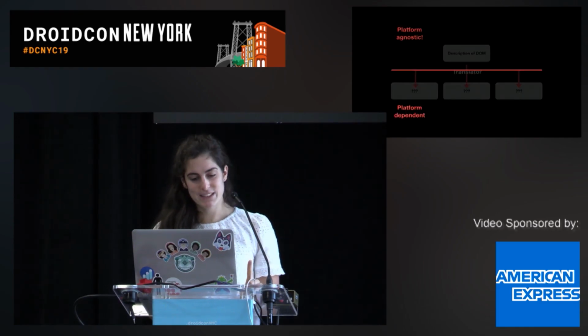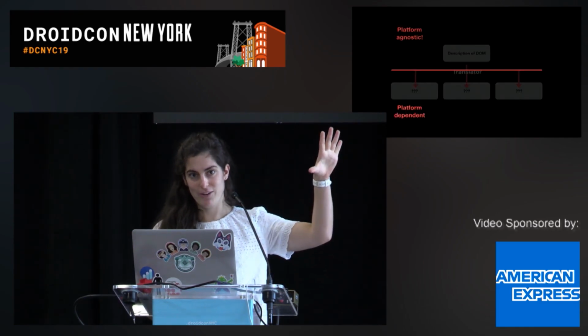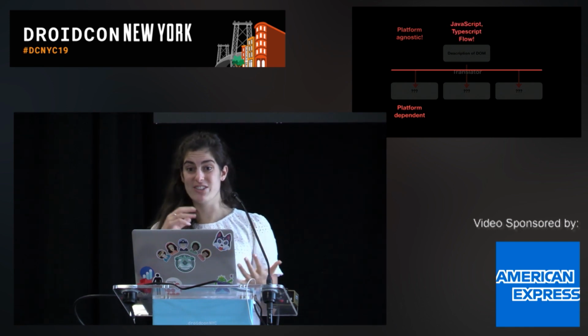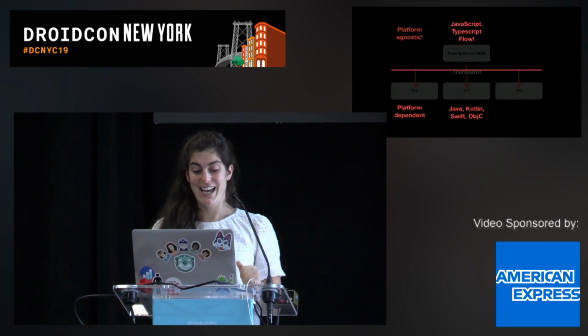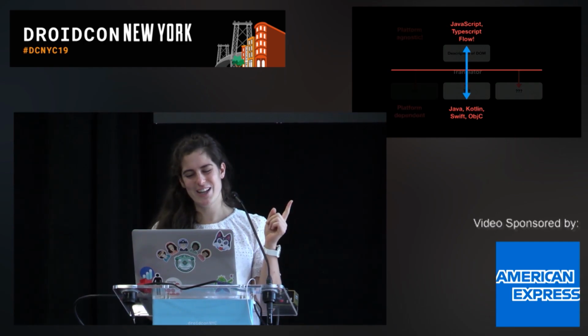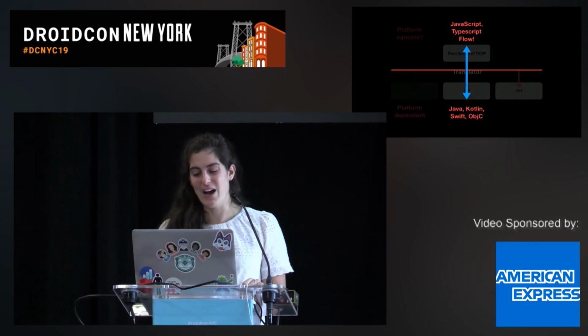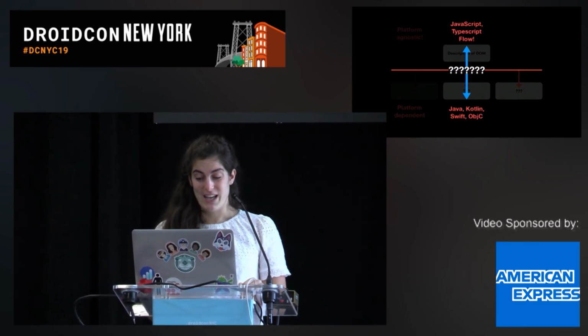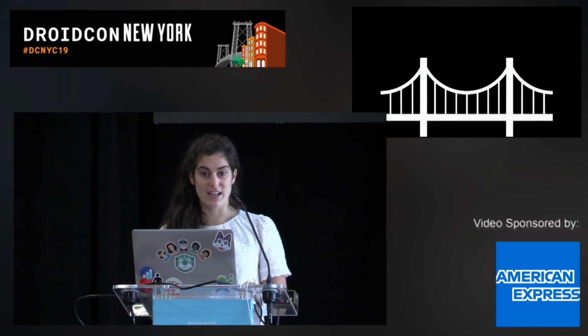But this brings up a question of, there's this platform agnostic part and there's this platform dependent part, and the agnostic part is in these JavaScript derivative languages, and the dependent part is in not JavaScript derivative languages, and somehow they're supposed to be talking to each other, but that's kind of fuzzy about how they end up doing that. So, how do they end up doing that? Well, they do it via the React Native bridge.